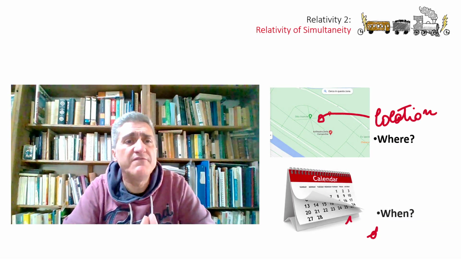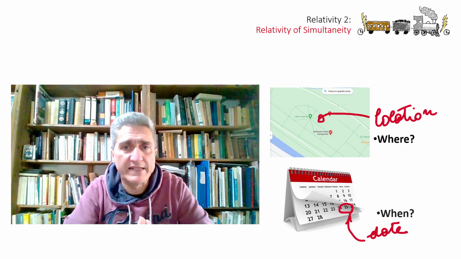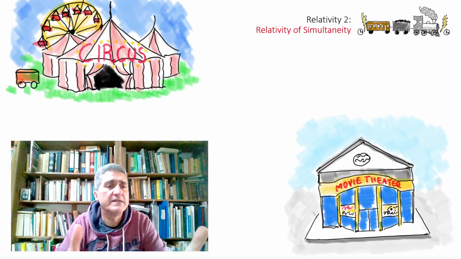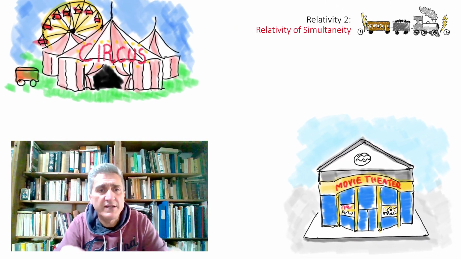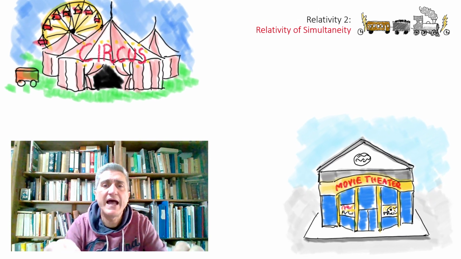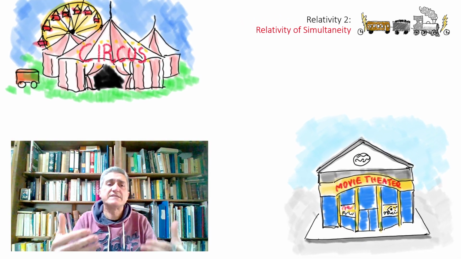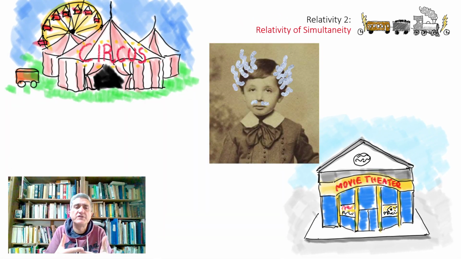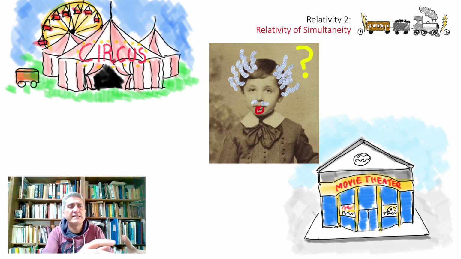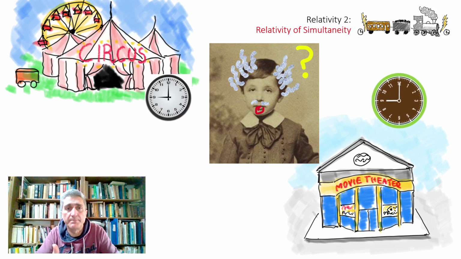In physics, the information about the simultaneity of two events that happen in two different places is very relevant. You want a criterion to establish if two events happening in different places happen at the same time. Einstein asked himself, how can I know if two events are simultaneous? In Newtonian mechanics, time was a quantity flowing in the same way at every place, no matter the circumstances. So you could say two events are simultaneous if they happen at the same time.